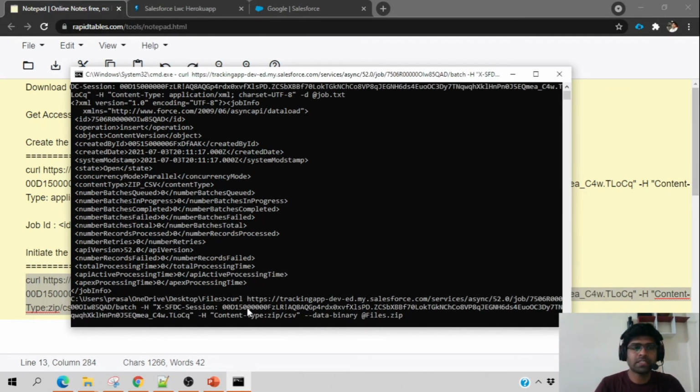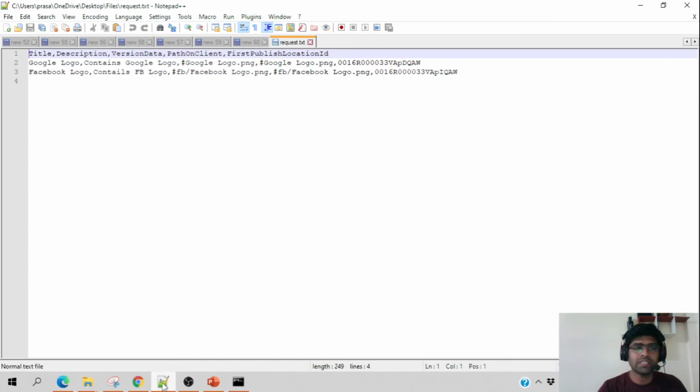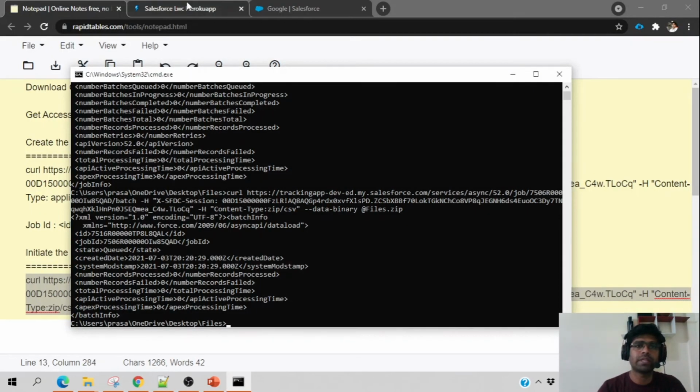This time the expectation is you will get the batch ID, not the job ID. The job ID you already received in the first command. Whatever ID you are getting this time is the batch ID. Copy that, because this batch we are going to monitor to see whether it is completed or not.